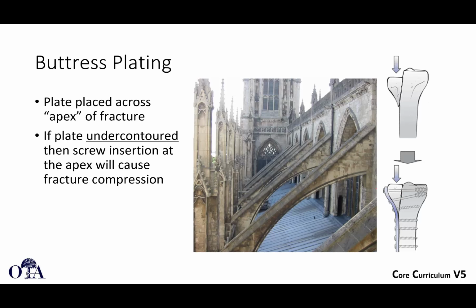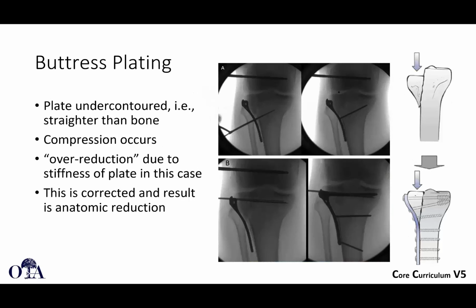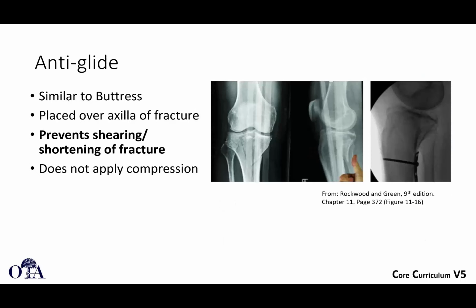But you can understand how that's going to really generate compression here, as opposed to if you had an over-contoured plate and the plate was like this. Let's just say, when you put this screw in, this part of the plate's not doing anything. It's not even contacting the bone, so it's not going to generate compression. So you have to be a little bit under-contoured when applying a buttress plate. It has to be a little straighter than the bone, and then as you achieve buttressing, you'll get compression,